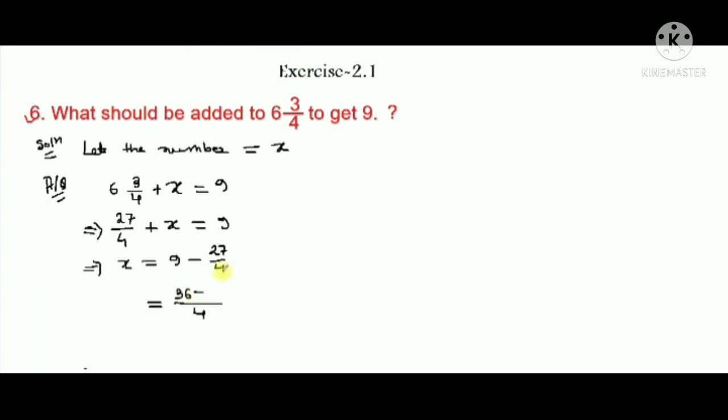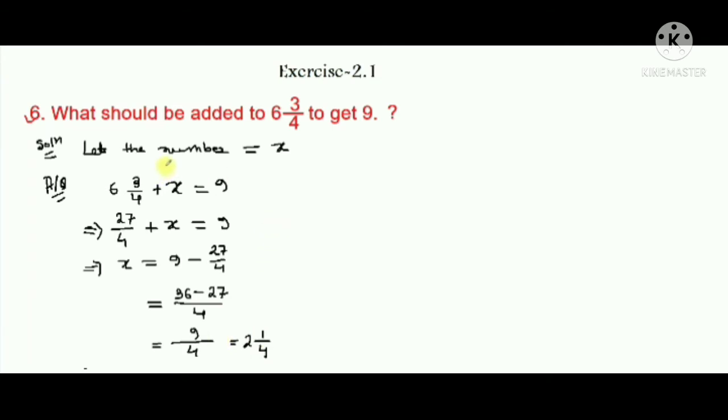Okay, now see, how many times does 4 go in 4? 1 time. So this 1 multiplies with this 27, then 27 times 1 is 27. Okay, so now give the equal sign and then 4. So now 36 minus 27. 6 minus 7 is not possible, so 16 minus 7 is 9. So 9/4 is an improper fraction, we'll convert it into a mixed fraction. So 4 times 2 is 8, and the denominator is 4, and 1 remains, because 4 times 2 is 8 plus 1 is 9.